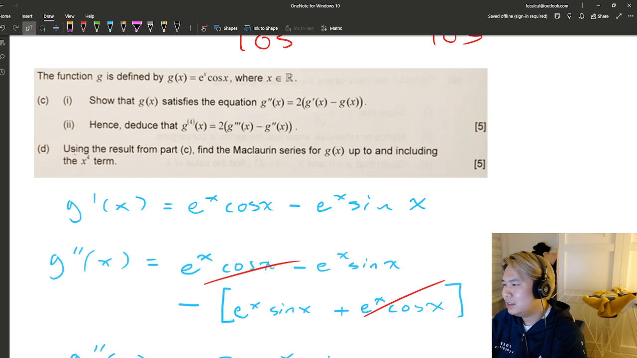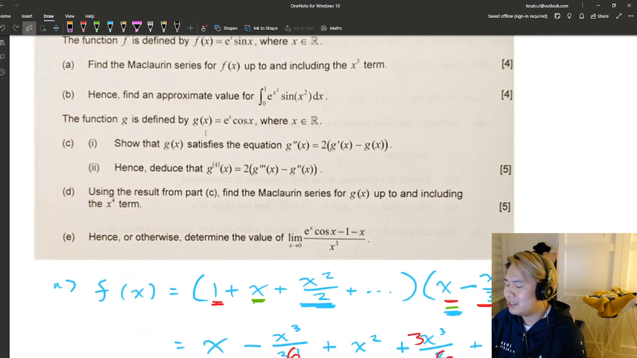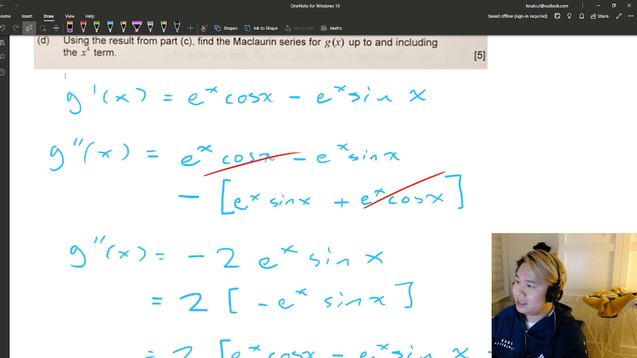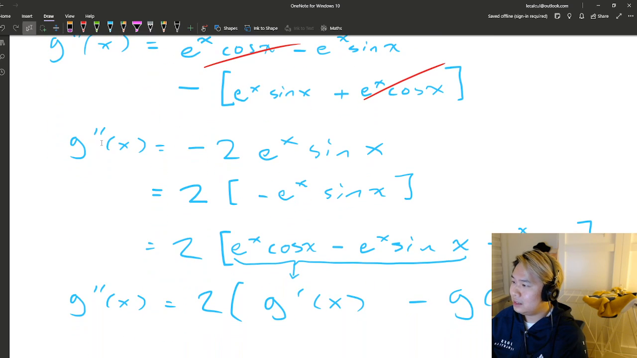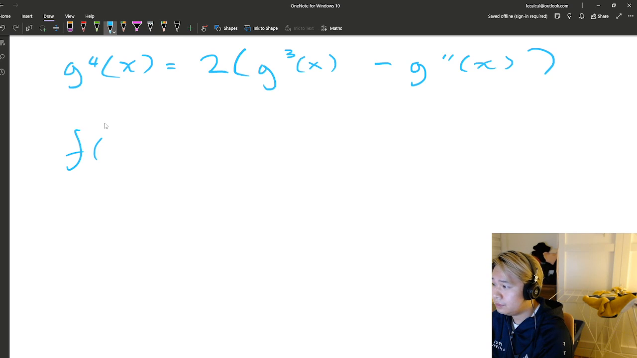Why? Why do I have to use this? Why can't I just use the Maclaurin series in the formula booklet? Oh well, okay. I guess that's why they asked you to find the first, second, third, and fourth derivatives. So in general, Maclaurin series is this formula